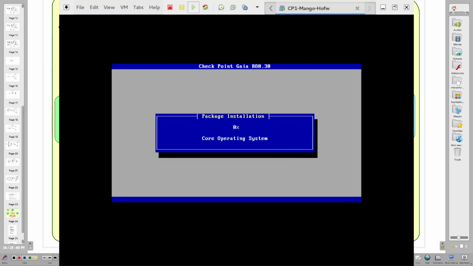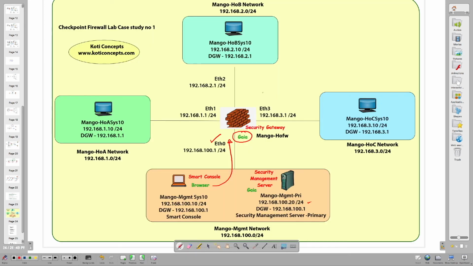So what are the 2 parameters it's asking during installation? It is asking for the username and password. You give the username as admin. Password you give as p@ssw0rd. This one is 0 here. I can spell out the password. And then I choose ETH0 as the management port and assign the IP address and subnet mask for this management port. So that's how we install Gaia OS on this particular system.